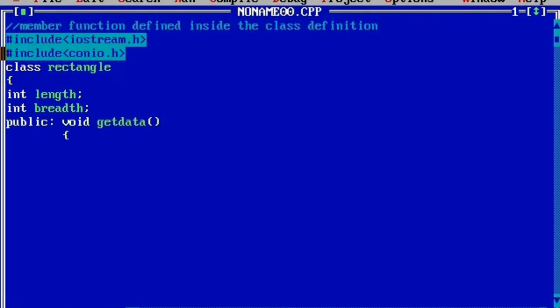Here we are going to define it as cout, enter the length and breadth of the rectangle, then cin, we'll write length and then breadth.